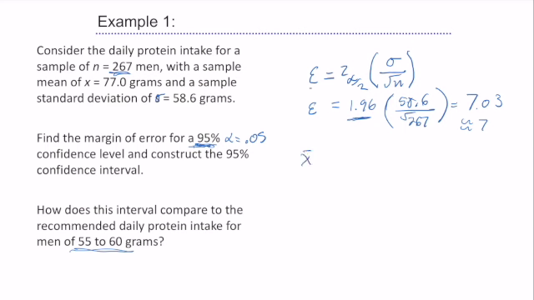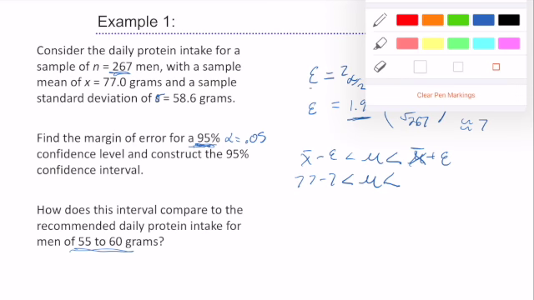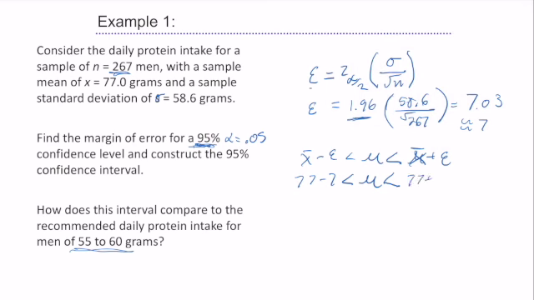So I take my sample mean minus my error is less than our true population mean, which is less than our sample mean plus our error. That gives me 77 minus 7 is less than true population mean. Oh, I messed up my notation over here now, didn't I? And 77 plus 7. So I have a confidence interval of 70 to